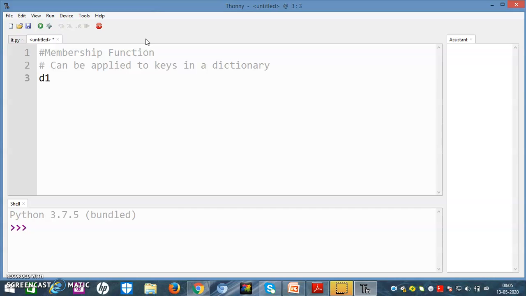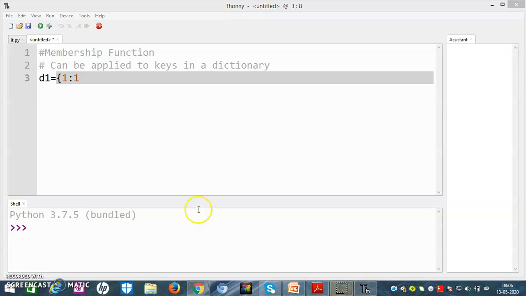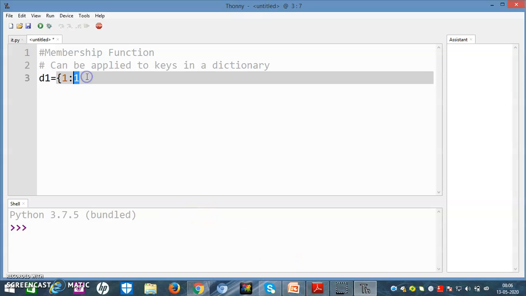Right? So how can it be applied? For example, I will make a dictionary called D1. We will use curly brackets. Now here I will write 1. Always there is a key value pair, as I told you. After this key value pair, we always have to take a key value pair. Now I will take another value, suppose 3 is 2. Now friends, it is not necessary that all the data types should be the same. You can take any data types as it is heterogeneous in nature, comma 9. Now I have made a dictionary. Now I have to check for the membership function.